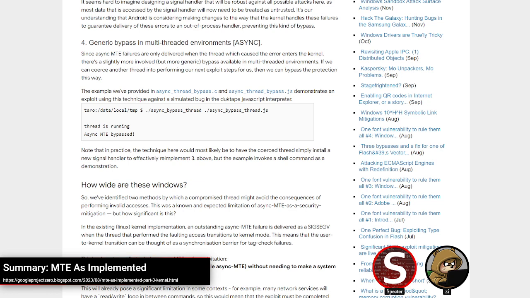But it's definitely worth considering, and these posts do a really good job of laying out the kinds of things that could bypass MTE and how fixable they are. Like with the syscalls one, they mentioned that could probably be fixed in the kernel by just changing how the syscalls interact with userland tagging. But the things with signaling and stuff are going to be a lot harder to address. So yeah, these posts are, as always from Project Zero, really excellent and thoroughly detailed. And I think vendors and whatnot are going to be in a better position to weigh the trade-offs of if MTE is worth it, and if it is, which mode is worth running with information like this.